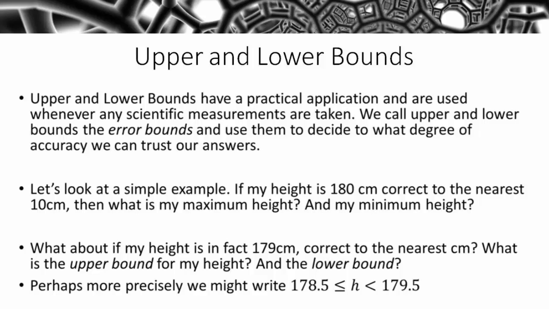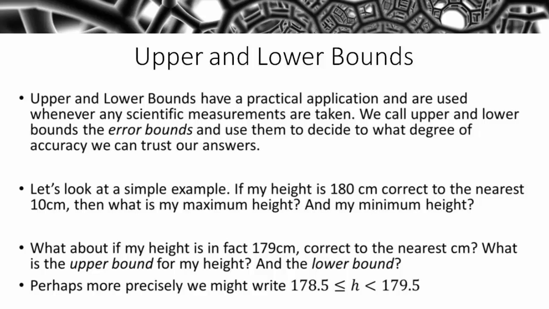Now, the accuracy you can describe in the words of upper and lower bounds, or error bounds. It is the maximum value your measurement could have taken and the minimum value your measurement could have taken. So, to take a simple example, if my height is 180 centimeters, correct to the nearest 10 centimeters, then what is my maximum and what is my minimum height? Well, if you think about it, my minimum height would be 175 centimeters, and my maximum 185 centimeters,